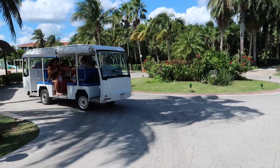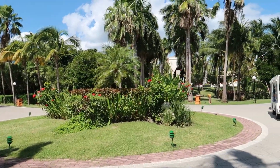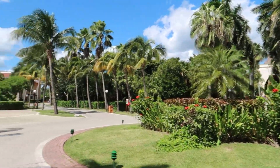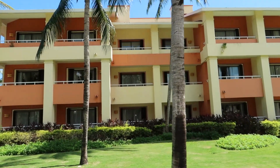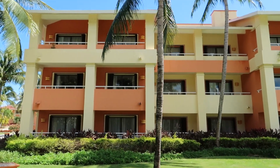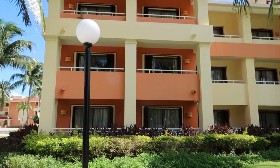All right, so we're just coming back to the main roundabout here. As you can see, one of the trolleys leaving. So again, this is the main roundabout. That's the main lobby. Over here was the water park. So coming over here, you can see here's a guest villa. We did a room tour of the rooms offered at Bahia Principe Grand Coba, and you can find that